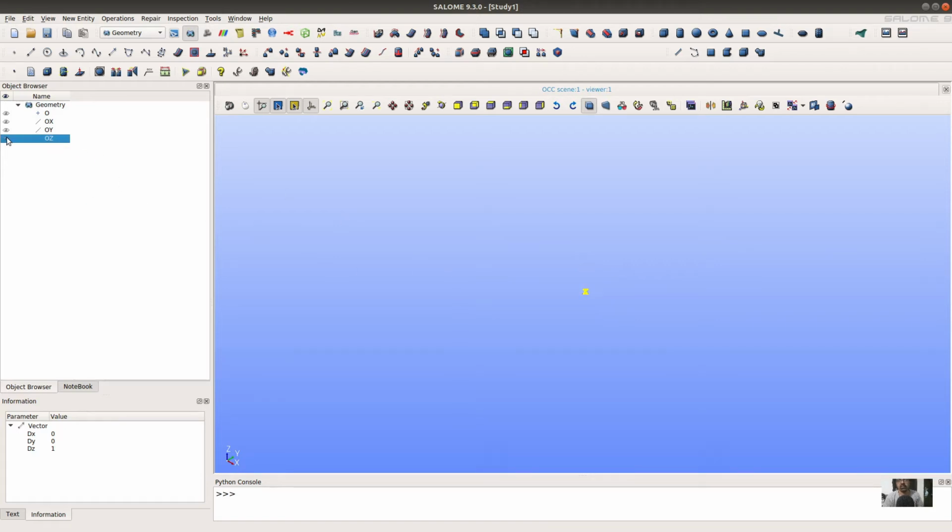I'm selecting the z-axis. We have activated this z-axis.